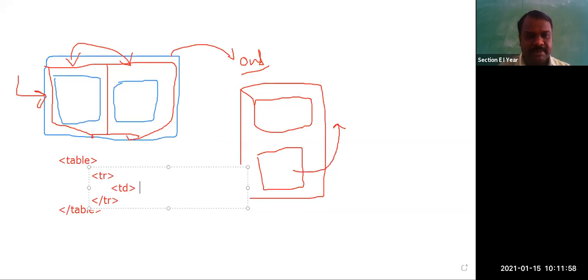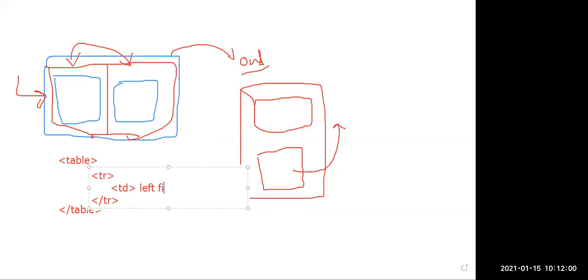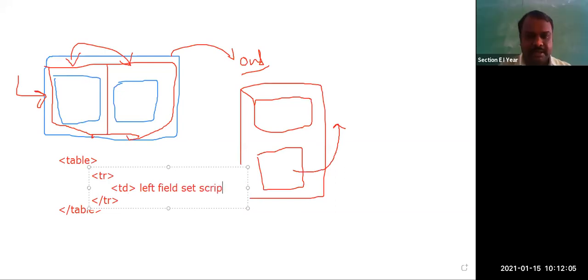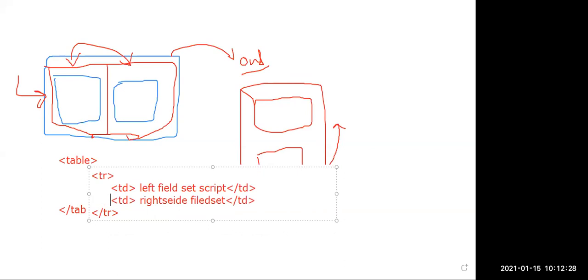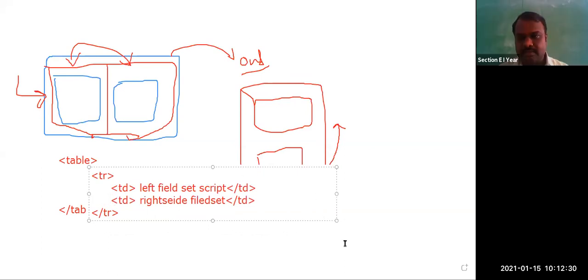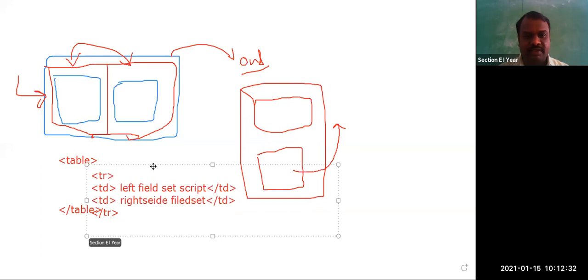The first table data is the left field set program, and the second table data is the right side field set. Is it clear or any doubt? Yes, sir. Okay, so write like this, it will be clear.